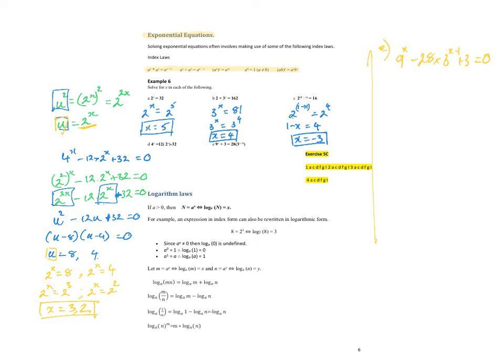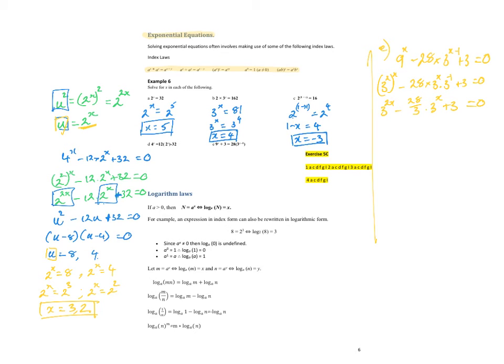So let's have a look. 3 squared to the x, minus 28 times 3 to the x times 3 to the minus 1, plus 3 is equal to 0. So let's write that as 3 to the 2x minus 28 on 3 times 3 to the x plus 3 is equal to 0. So you can see we've got that 3 to the 2x, 3 to the x thing,